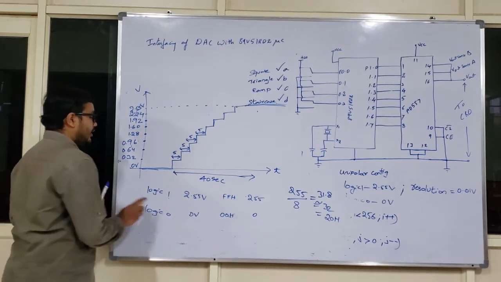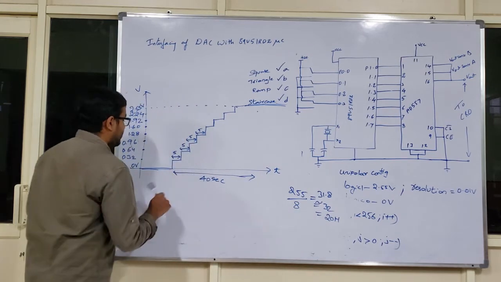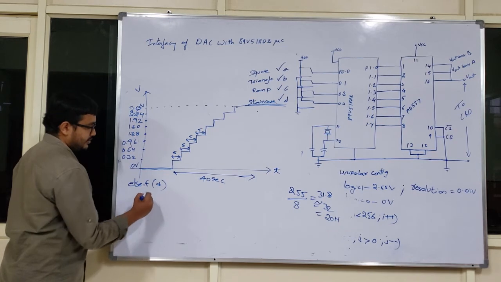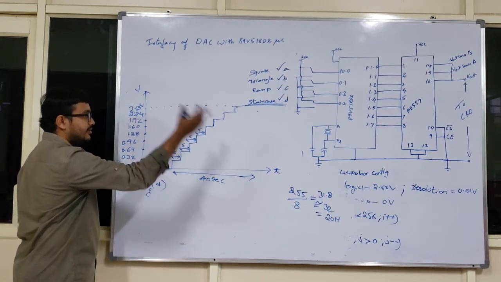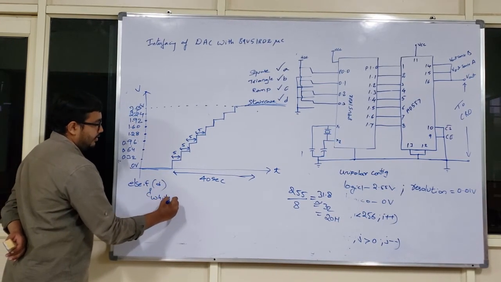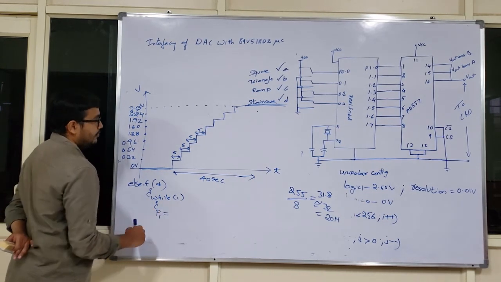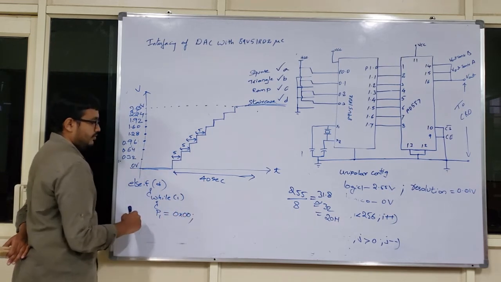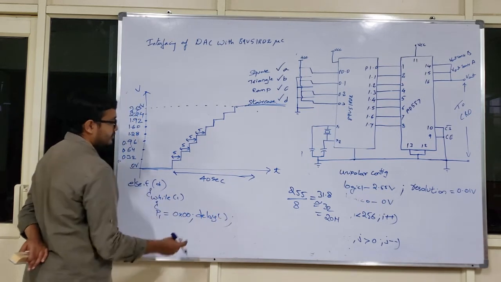Now we can do the programming easily by having this data. This happens when else if switch D is pressed. So if I want to have a continuous ramp staircase like this, it has to be repeated, which means I can use the while loop, while of 1. Okay. Now P1 equal to 0x00. I will be on the 0th floor for a certain time period, that is 5 seconds.